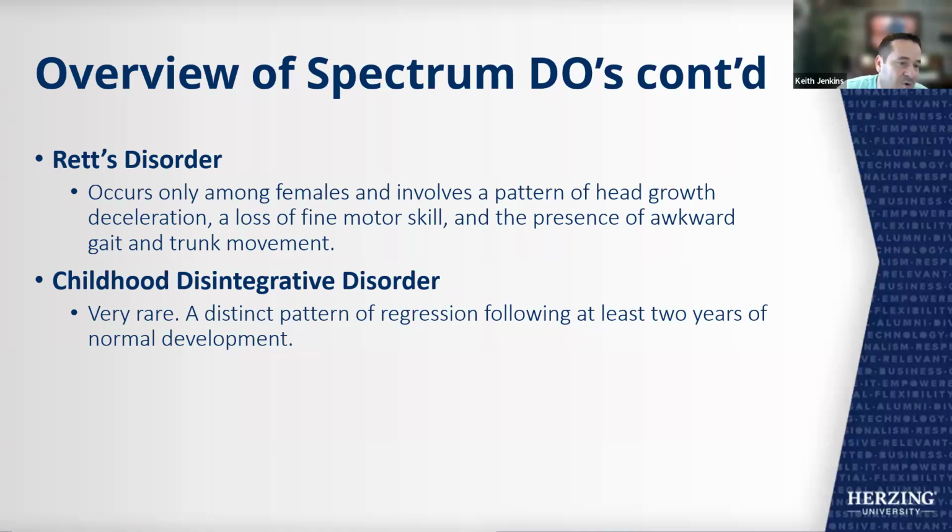So a couple more here. Childhood disintegrative disorder. This one is a really rare condition. I have personally never seen it, but like autistic disorder, it involves impaired development of social interaction and communication and restricted, repetitive, and stereotyped patterns of behaviors, interests, and mannerisms as well. However, a distinct pattern of regression following at least 2 years of normal development is what distinguishes it from autistic